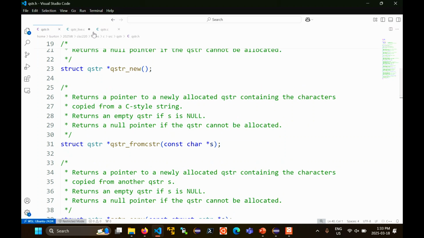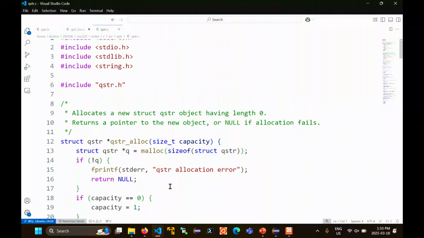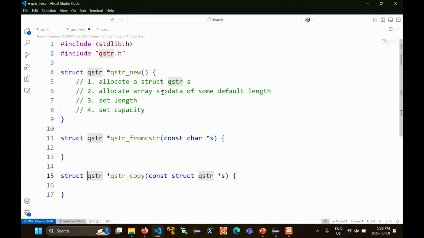Well, first, before we implement them, let's see what you have to do to implement them. And so here are the three functions in our file, which I'm calling QString underscore live as opposed to QString.c. So QString.c has the actual implementation in it. You have access to it if you have the course notes. You can just look in the notebook too, that's also there. So to implement new, the one that makes an empty QString